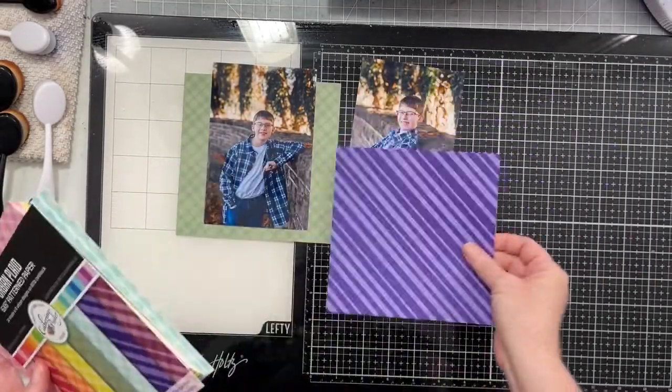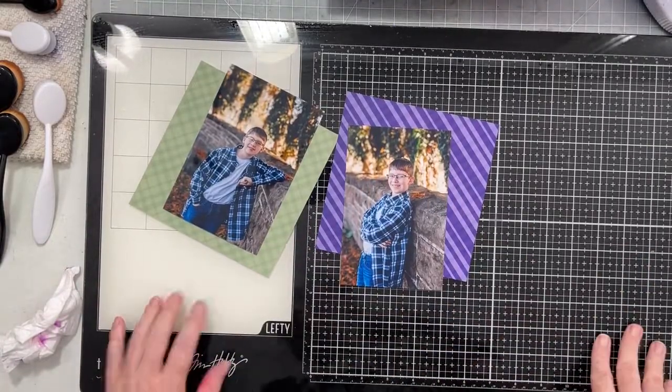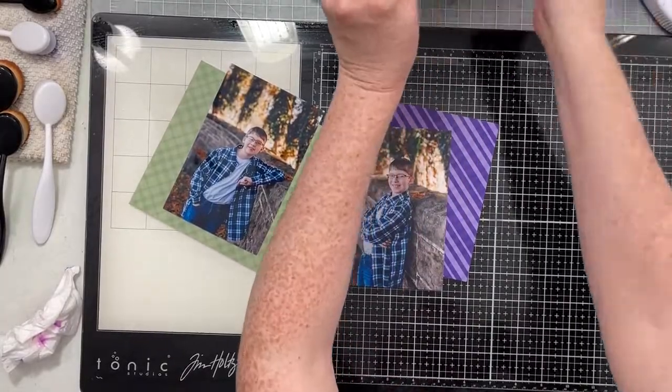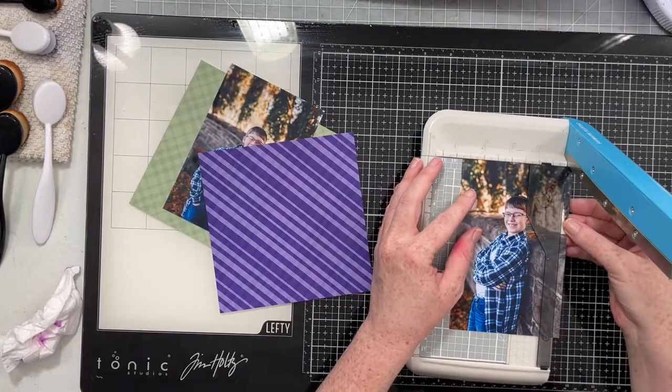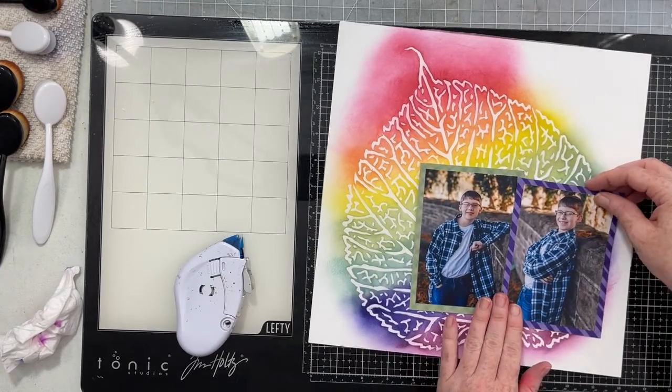I'm going to start by choosing 2 papers to mat my photos on. I am going to trim my photos down. They're 4x6, and I'm going to trim them down to 3.5x5 and then mat them with these pattern papers. And then I can go ahead and add my 2 photos onto my background